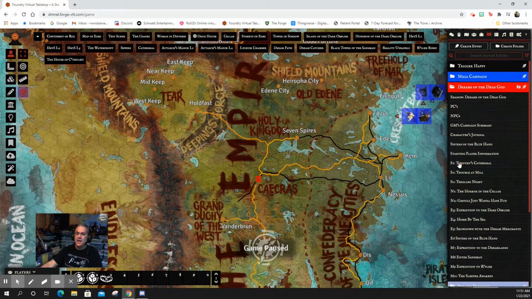Normally, I outline from level 0 to 10 the things that I want to happen, and at a pretty high level, because you have to have some flexibility, because player characters never do what you expect them to do, so they'll take you off on a tangent that you really didn't even anticipate. And so you have to be flexible enough to roll with those punches. But for this campaign, I have actually plotted out all 11 sessions, or all 11